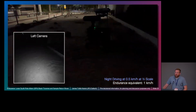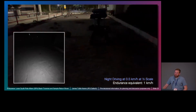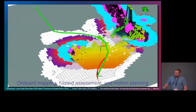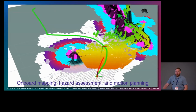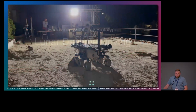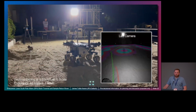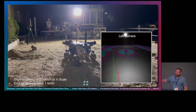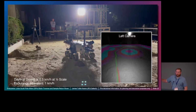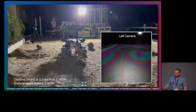It is doing this at Pasadena night, which is not lunar night, using a flash system. It onboard calculates, identifies hazards, maps out its traverse, adjusts the traverse based on hazards, and it's actually driving. It's actually exceeding our Endurance requirement. It's driving at Endurance speeds. Since this is a half-scale rover, it's driving about half speed, so that's proportional. Finally,